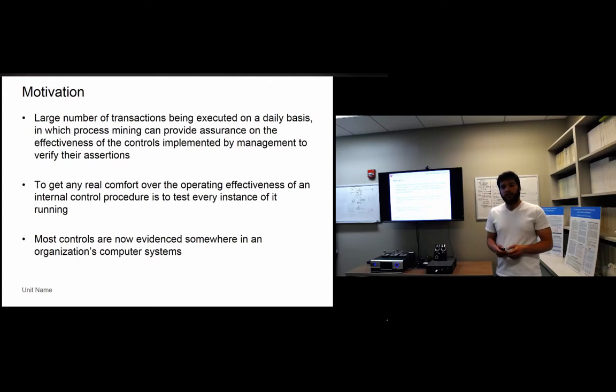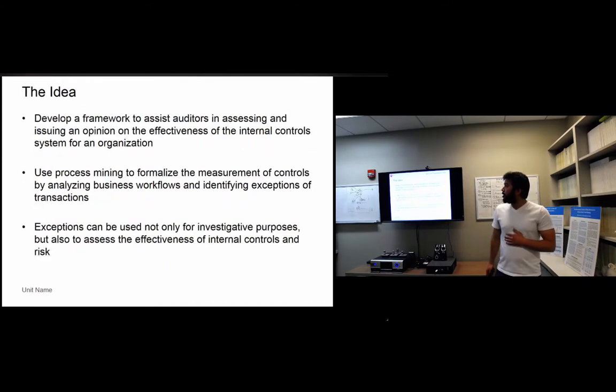And the only way to get real comfort on the operating effectiveness of controls is to test every instance of it, use the whole population of data instead of just relying on sampling. Now, if we look at all the information systems today, most of the controls are actually found somewhere in the computer system. So the main objective is developing this framework that uses process mining to issue an